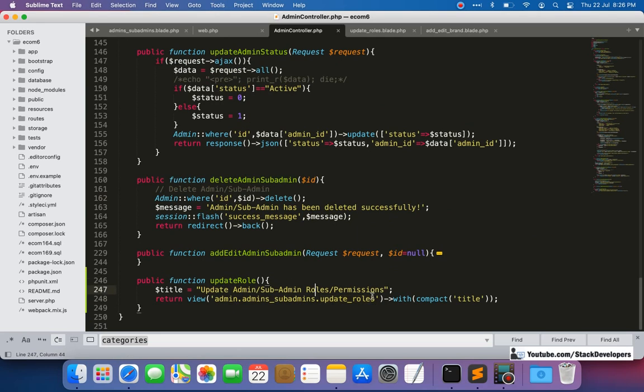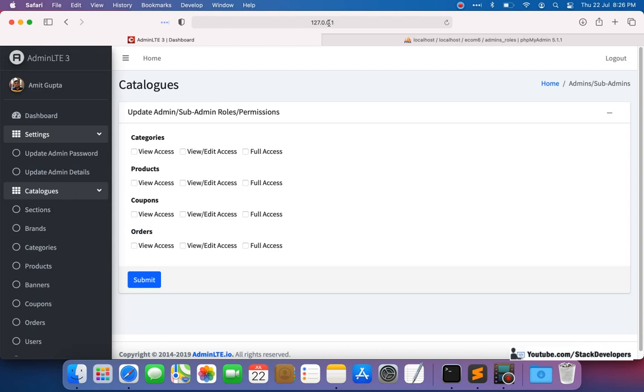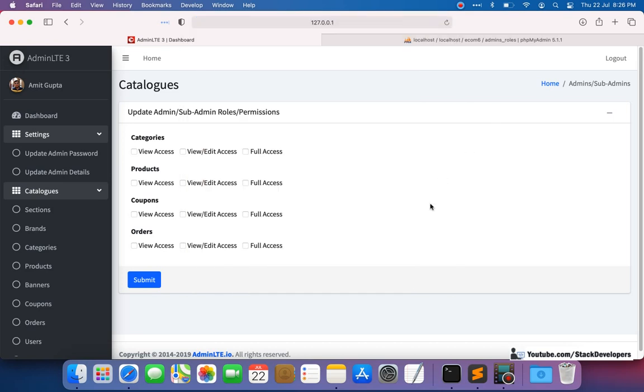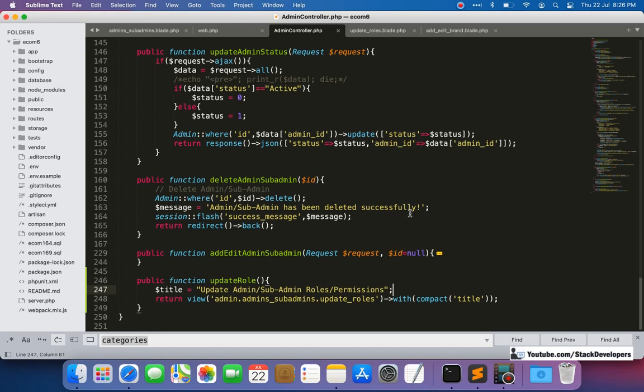Now see, we want to update here, update role, and here I want to pass the details of the admin as well. For that see here, we have the ID 2. 2 is the ID for the admin, and from this ID we can get what you want to set it for. Okay, so we can do one thing here.